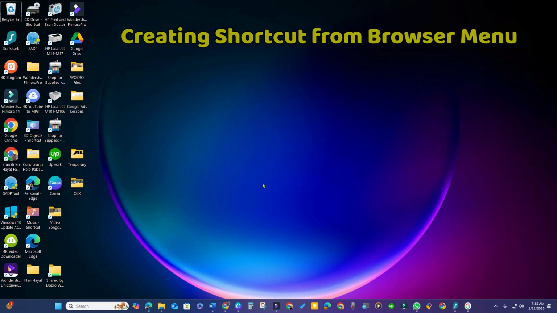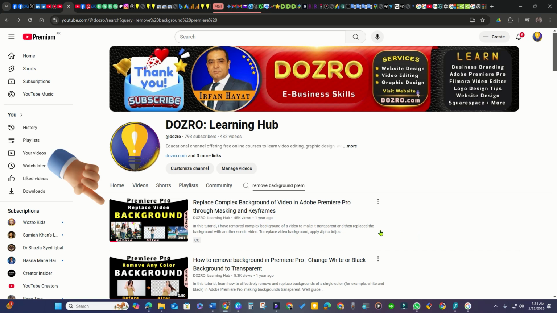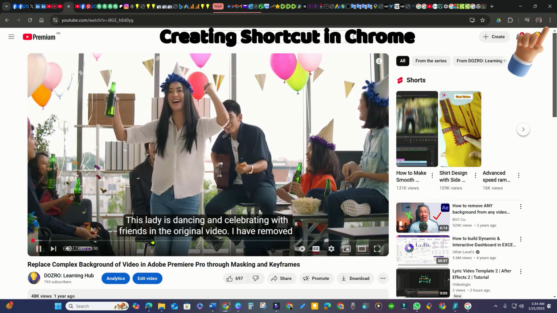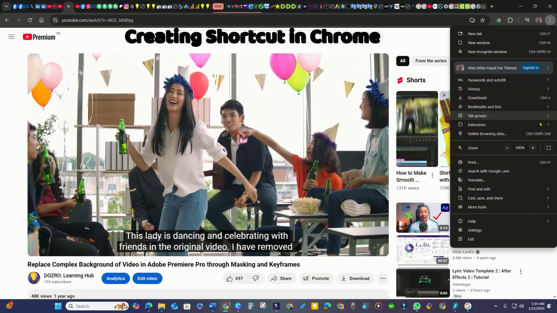Second method is creating shortcut from browser menu. Suppose I want to create shortcut for this popular Dozro video on YouTube. Open the video. Click on the 3-dot menu in the upper right corner of Google Chrome browser, then go to